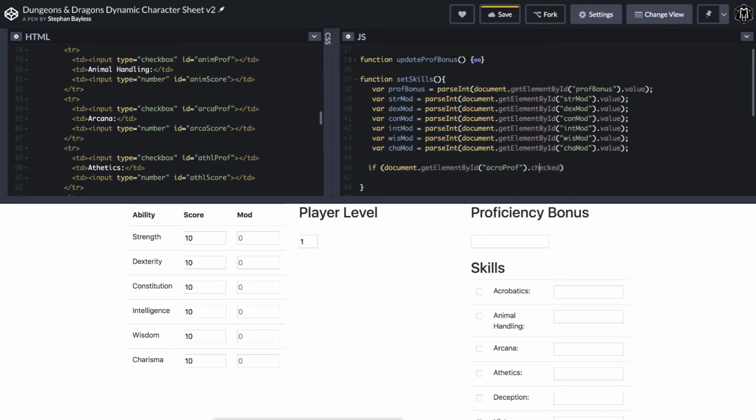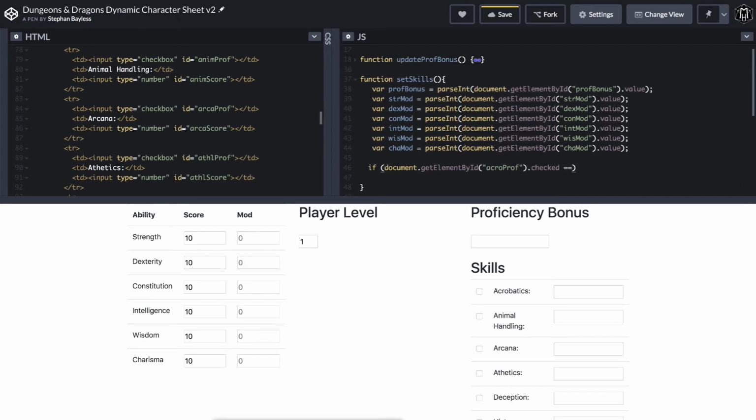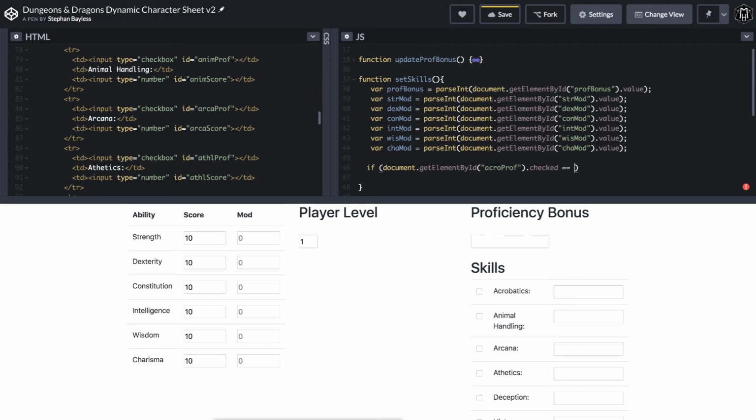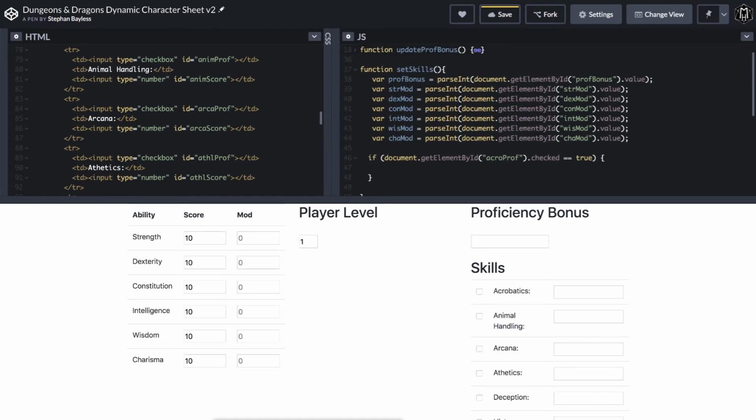So we're going to add that .checked, and remember, when you're checking if something is true, you're going to use two equal signs, not a single equal sign. And if it is true, add our brackets,